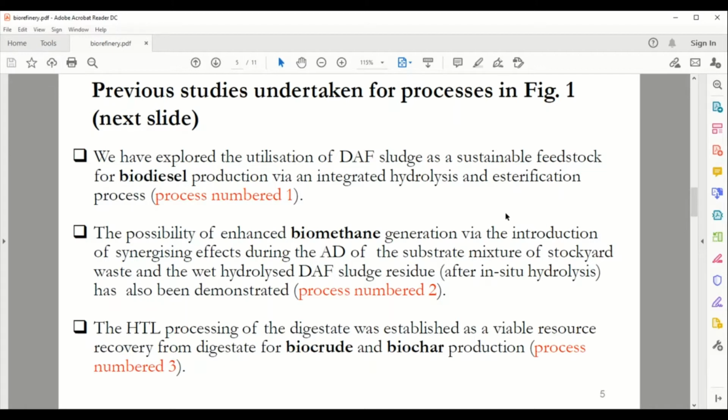In other words, it is a product that is composed of high value biochemicals within the mix, right? It's also energy dense, can be as high as 40 megajoules per kilogram, right? And for all intents and purposes, it can be upgraded further by undertaking hydrogenation reactions to reduce the oxygen contents, or the oxygenated compounds present within the mixture. And of course, biochar is also produced, which can be utilized in this case as an agricultural soil additive to enhance the soil properties in terms of porosity, reduction of acidity, and of course as a useful source of trace